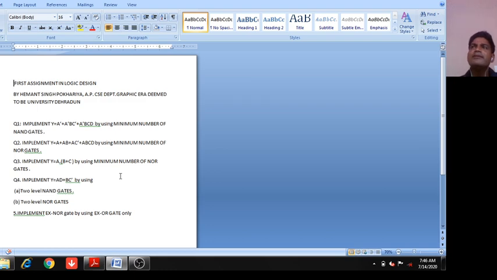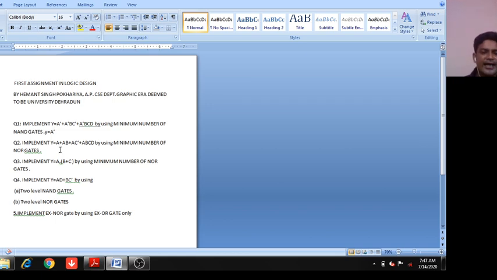So in case of minimum number of NAND gates, you always have to remember, you first apply some laws and theorems. In this case take A dash common, so A dash times 1 plus B dash BC dash plus BCD, and you know 1 plus something equals 1, so Y equals only A dash. And for the minimum number of NAND gates, only one NAND gate is required, only one NAND.